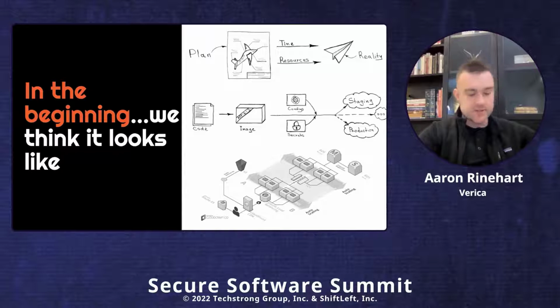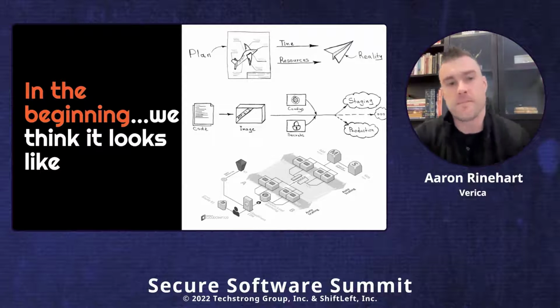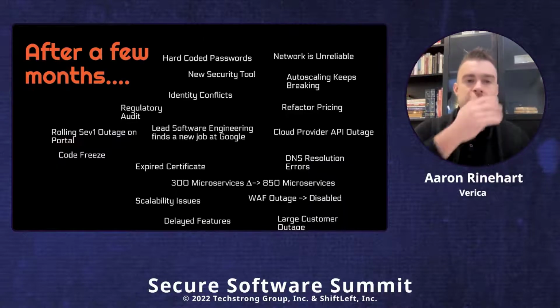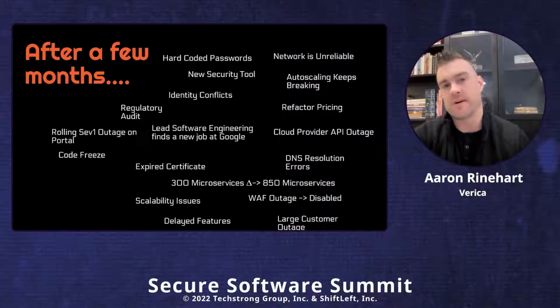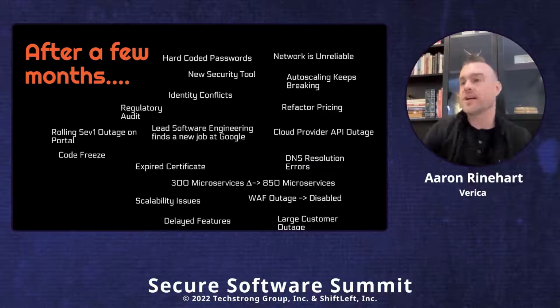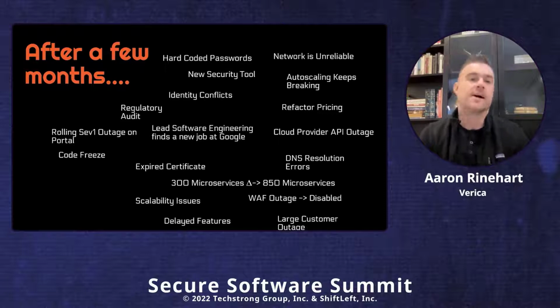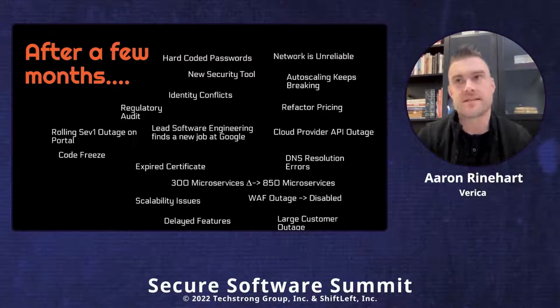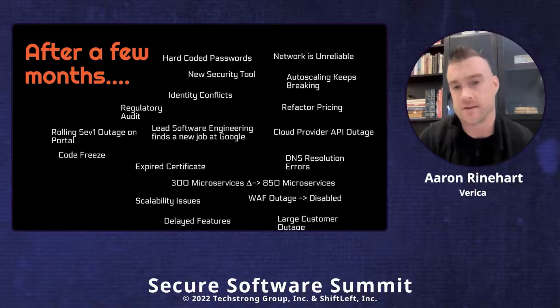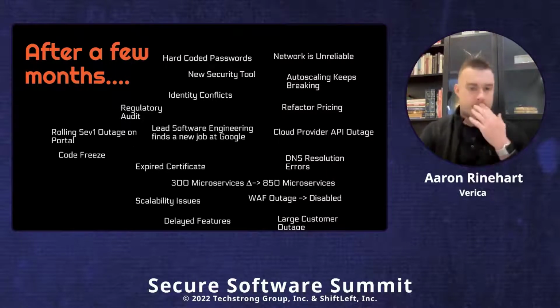The reality of it is, actually, our system never looks like this. It is never this simple, we just love to believe it is. What happens is, quickly after the system goes live, we start learning about how the system actually operates through a series of unforeseen events. After the first week, marketing comes down and says, "Oh, we got the pricing wrong. We need to refactor the pricing module,"